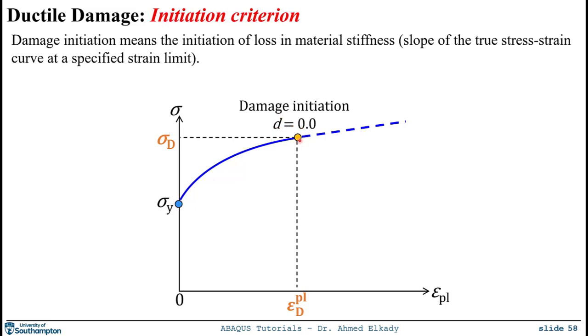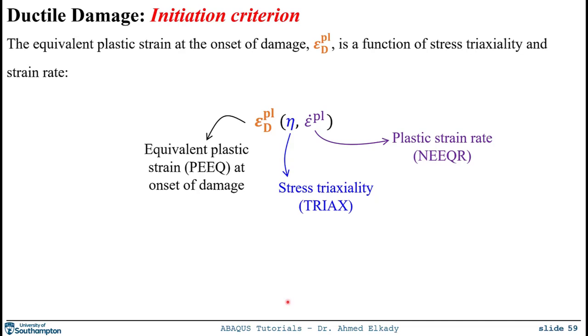And the more you go in plastic strain after this point, the more the value of D will increase until it reaches 1, which means full failure. The question now is how to define this plastic strain for damage initiation. Well, in the Abaqus manual, you will see that this plastic strain, which we call the equivalent plastic strain